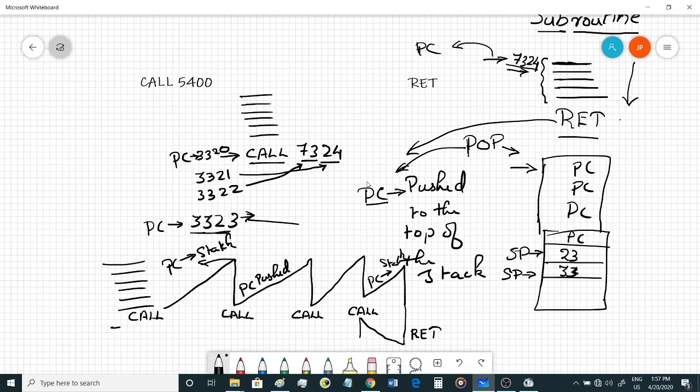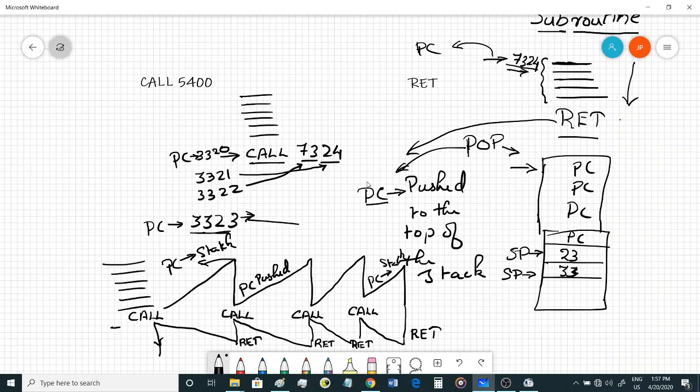And again you can go and finish the previous subroutine. Again, the moment you encounter the return instruction, you will jump back to the previous subroutine. Again you will have a return instruction in the subroutine, and you jump back to the previous subroutine, and finally you have the return instruction and you jump back to the main program and execute the rest of the program. So this is the advantage of using the stack.